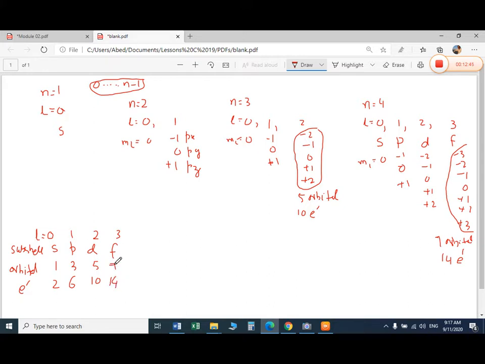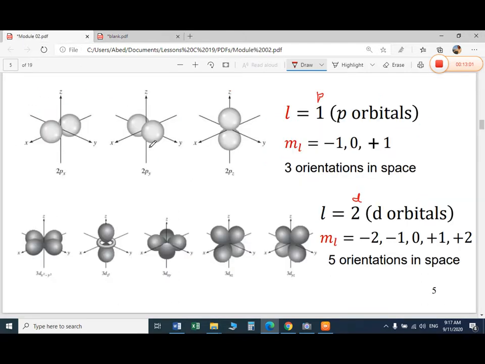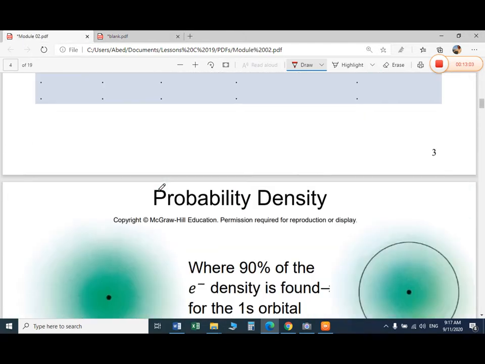This is 7 here, clear? Let me write clearly: 14 electrons, double of this is 14 here. We explain all the things, calculate here and summarize all the information about the L here. So let us go back to the lesson and check what quantum number is left now.